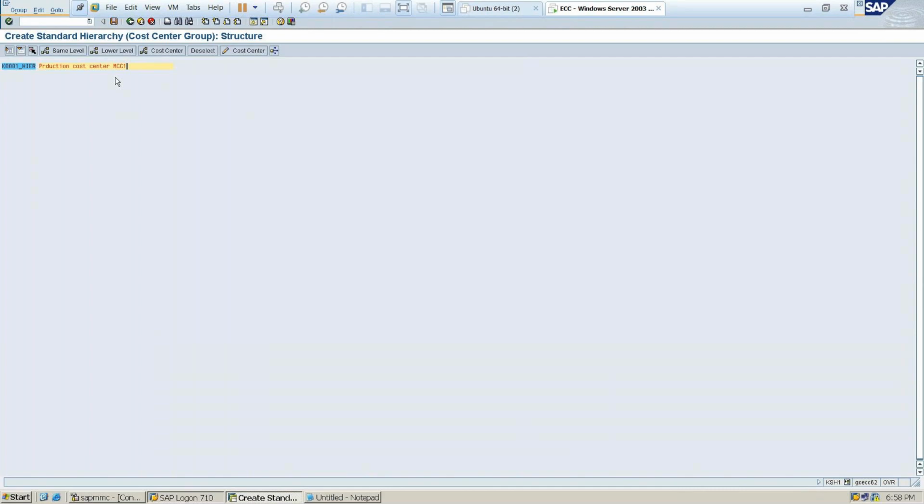It will come here. In this line, you need to give the cost center name.